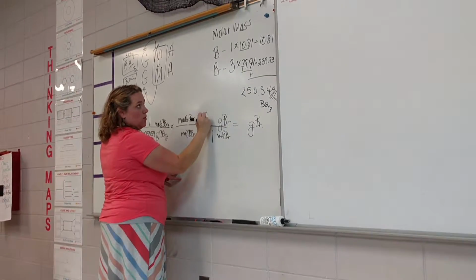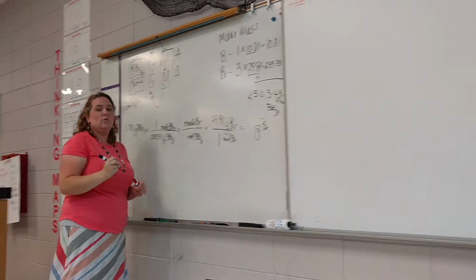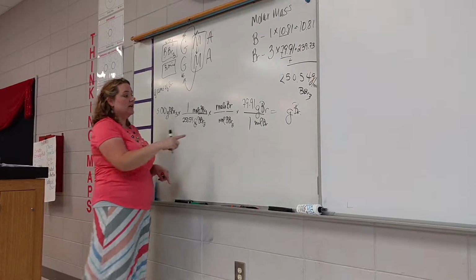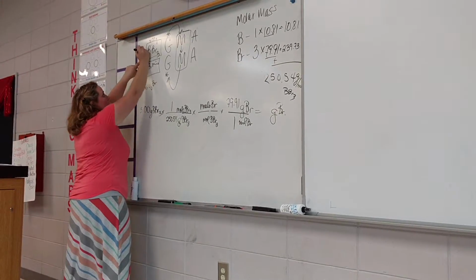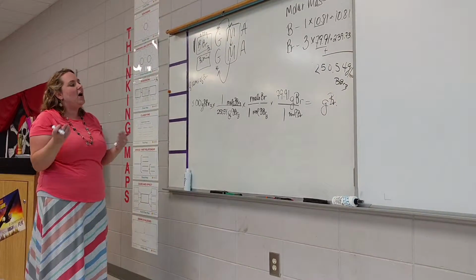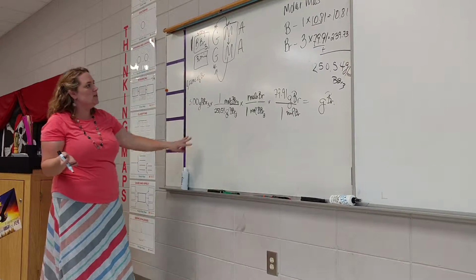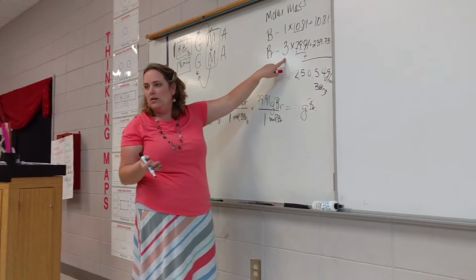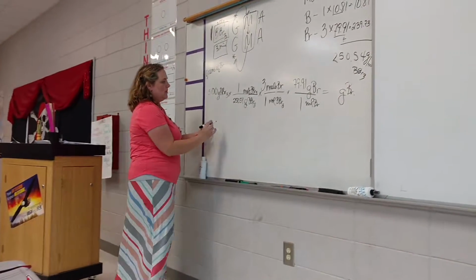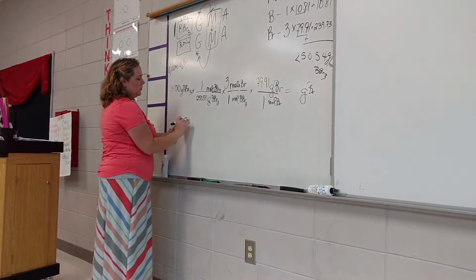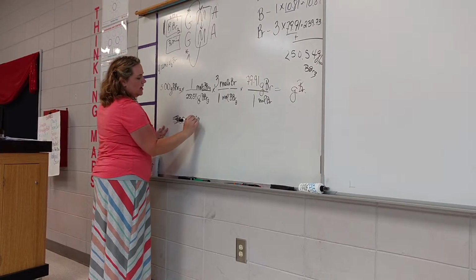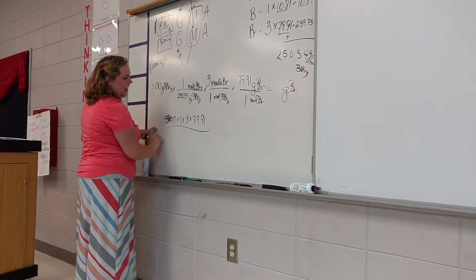Well, we know it's 79.91. Now let's look at it. What's the big stuff? Is it going to be BBr3 or Br? BBr3. So we know that we have 1 understood mole of that stuff, right? Because it's the big stuff. That's how we get that 1 there. Now we need to know how many of the little thing is in the big thing. So let's go back over to the molar mass and look at Br. There are 3 moles in it. So when we multiply that out, we have 3.00 times 1 times 3 times 79.91 divided by